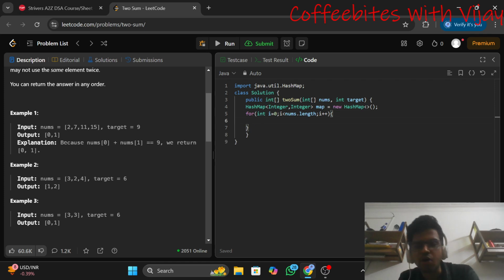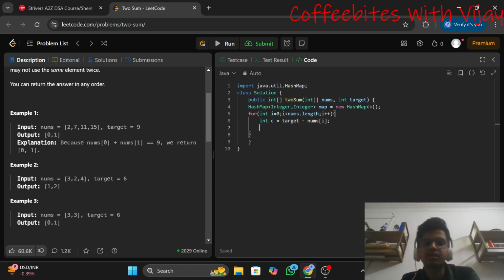And inside this for loop, I will do target minus nums of i. That is, int, I'll take some variable c equal to target minus nums of i. Now this value will be stored in the complement. Now my task is to check whether this complement is present in the hash map or not.